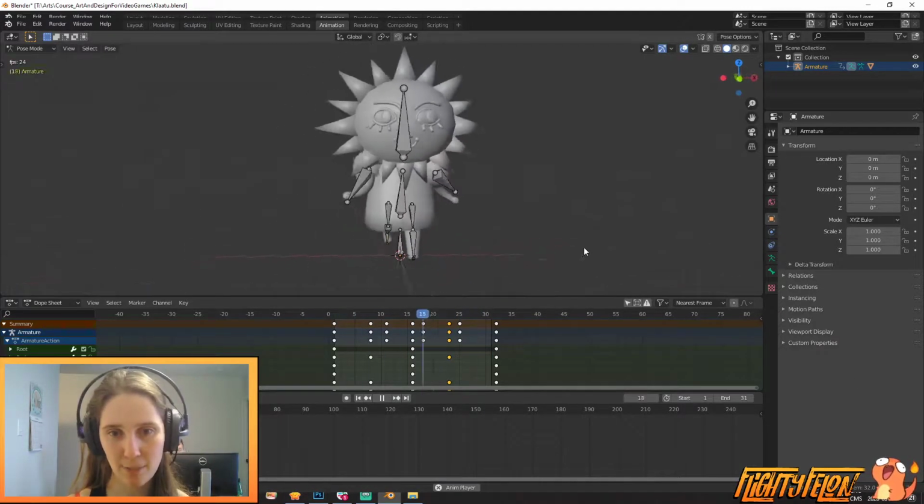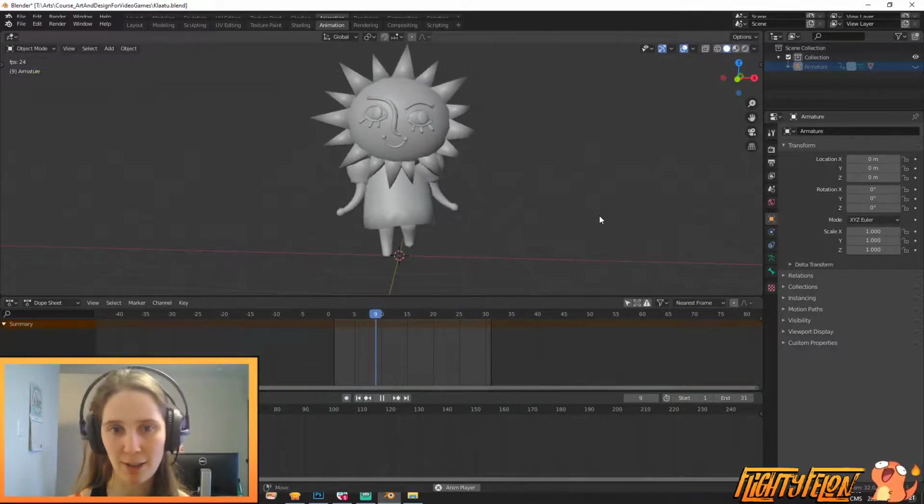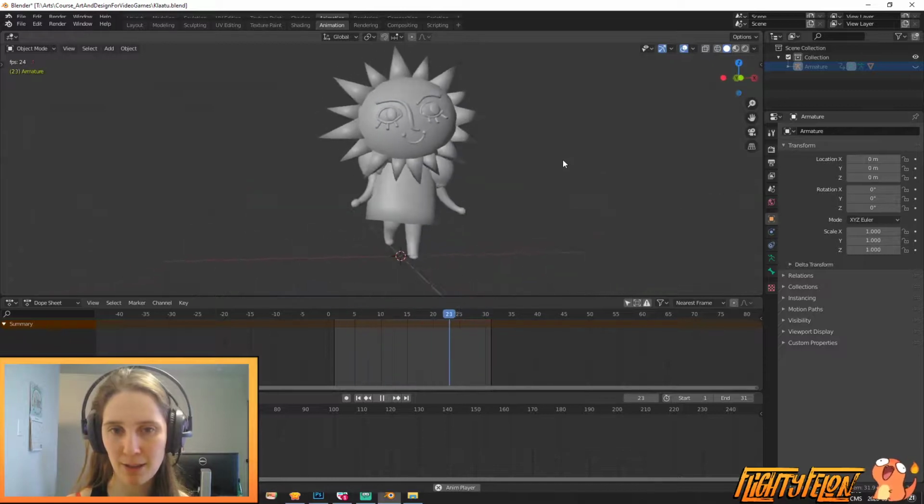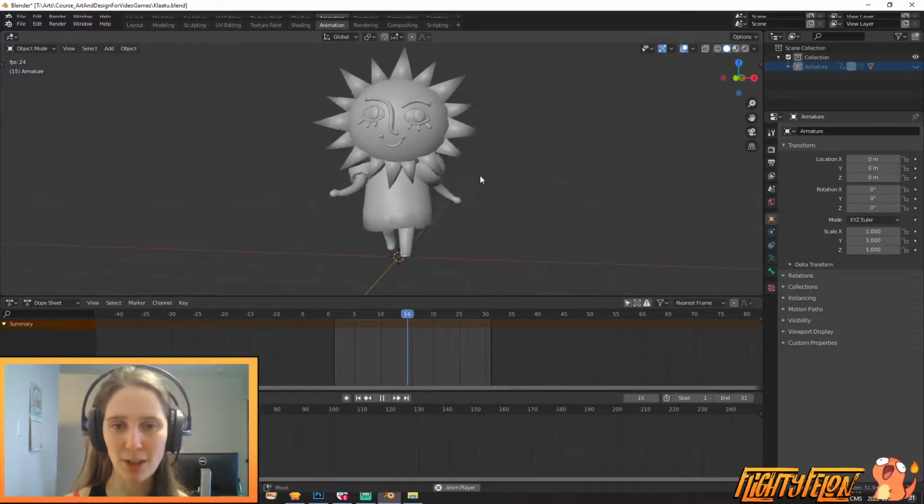And so that right there is a perfectly passable animation. You can see it a little bit more clearly without the bones on. So that's something that we will be importing into Unity. So that is that for